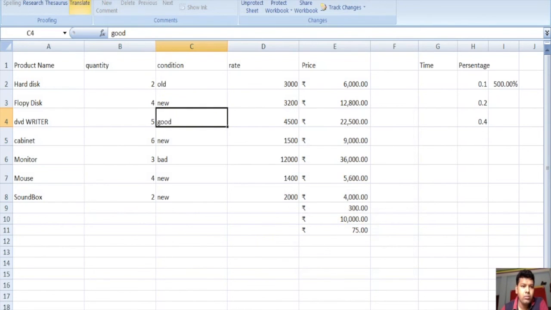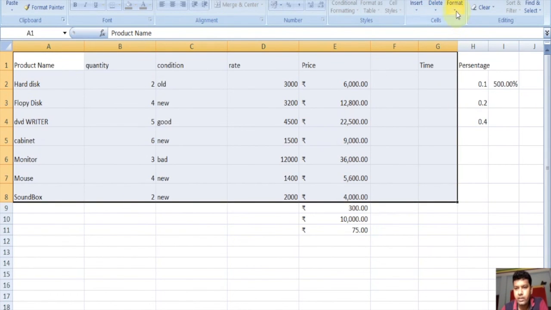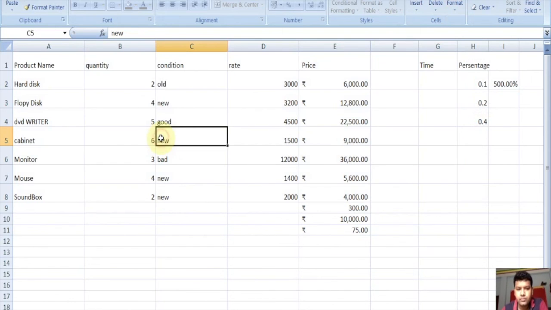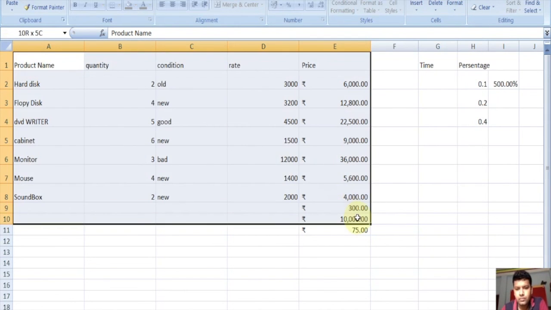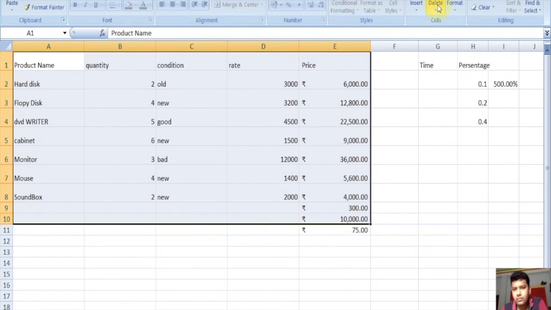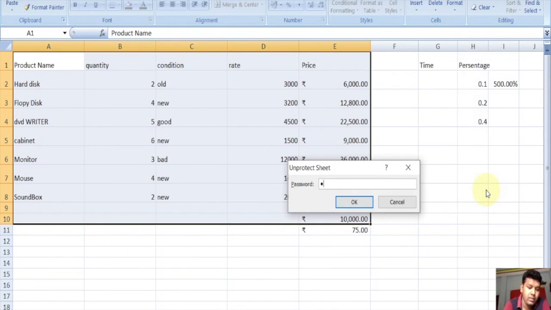And now if we click on here, select the sheet and click on format, unprotect sheet. We can unprotect it, give the password and click on OK.